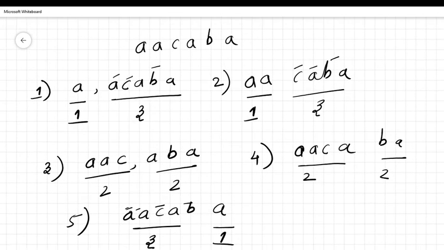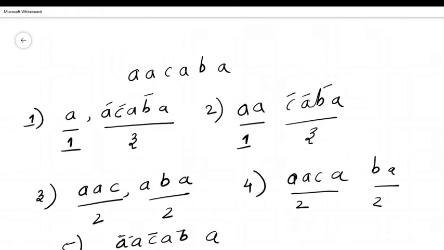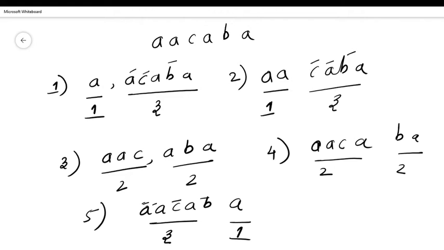The initial string is AACBA. Let's find out how many ways we can split the string such that the number of unique letters in the left and the right are equal, right? So this is the string. Let us first split right here. The left string will be this, the right string will be this. In the left string we have only one unique character, that is A. In the right string we have three unique characters, which are A, C and B, hence 3, right? So this is not a good split. Let me cross it.